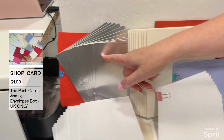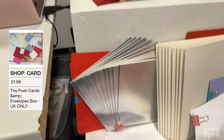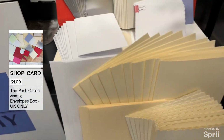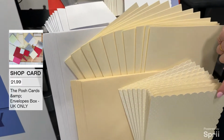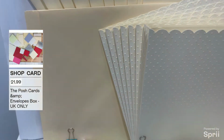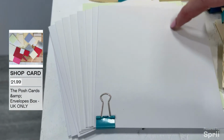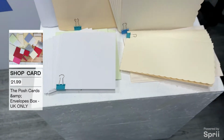You're going to get your cream cards with your red envelopes. You're going to get your silver metallic cards with the red envelopes. You're going to get your white cards in here with your cream envelopes. You're then coming down here, you've got your A4 with the cream and with the white envelopes. You've got the 8x8 that have been embossed, so they've got that lovely dot emboss on there with your cream envelopes. You're then getting your DL scalloped with the matching envelopes, and you're getting your 5x5, 6x6 with that lovely soft green envelope in there. All of that lot,